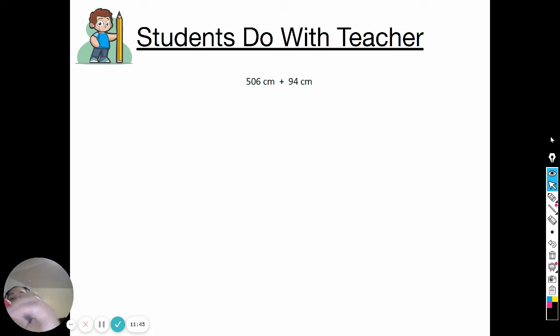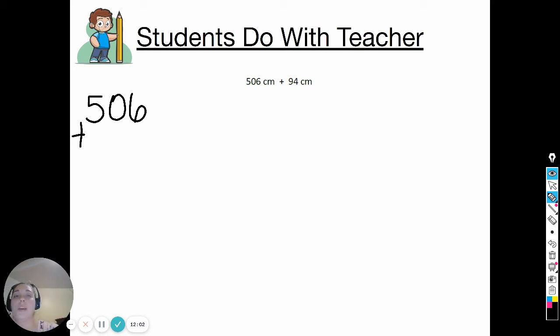So go ahead and pick up your whiteboards, and the first thing we're going to do is rewrite the equation. 506 centimeters plus 94 centimeters. So 506